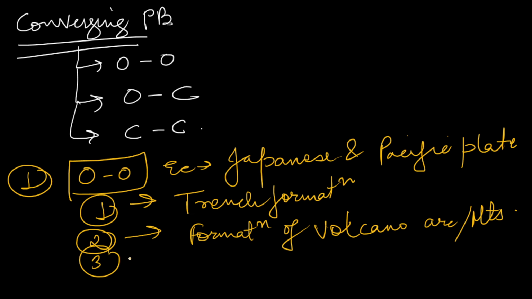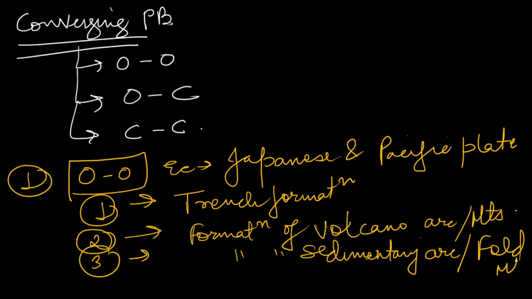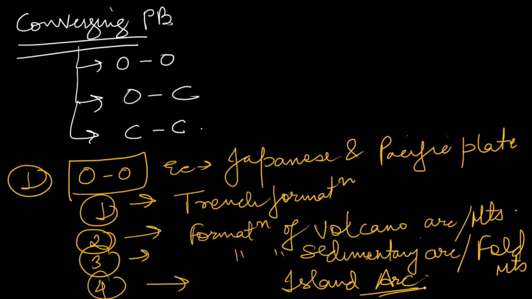In the third stage, you will find the formation of a sedimentary arc or fold mountains. And in the fourth stage, you will see the formation of an island arc. So always remember that an island arc is generally formed due to convergence, and that too ocean-ocean convergence. And when you go to examples, there are various kinds of island arcs. We are giving examples of some such island arcs, and there's a high chance that this could be asked in